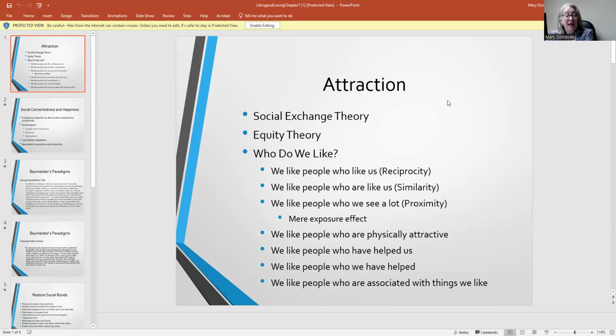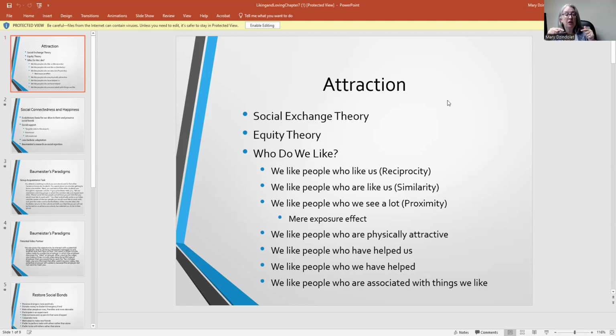But have you been in one of those? Does it feel good? Most of us are kind of like, oh, that's kind of icky. There's something wrong here. So equity theory sort of took off of that. And it says that really our ideal relationships are relationships where our reward to cost ratio matches the other person's